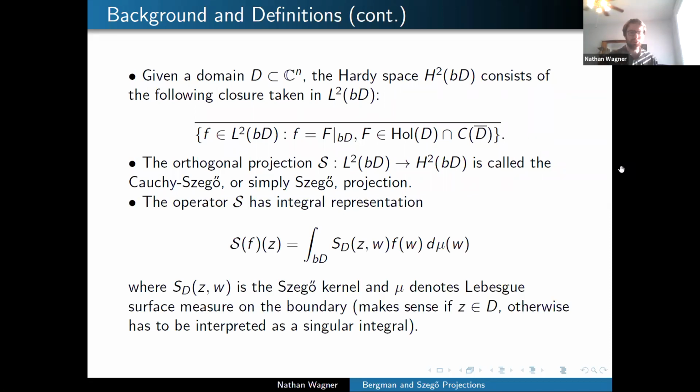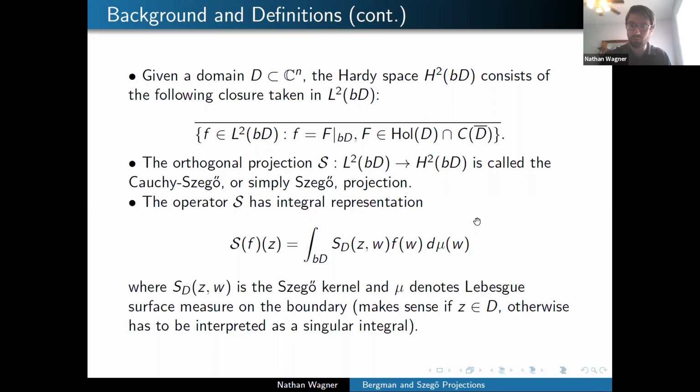And this operator also has an integral representation. This function S_D of Z, W is called the Szego kernel. Here we're going to be integrating on the boundary, so mu is Lebesgue surface measure on the boundary. I'll just say briefly, this is a little bit technical because you're dealing with boundary values of things. As you're probably familiar, there's a way to go back and forth between boundary values of a function and interior